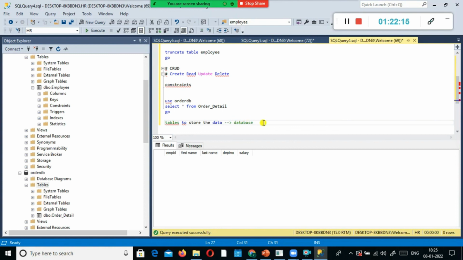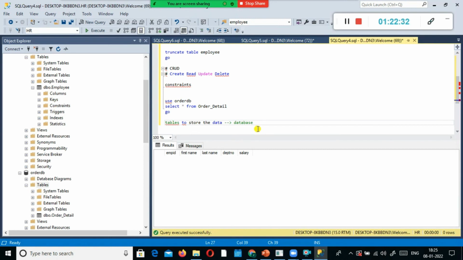Database is like a container, so we can store one or more tables. You can store different objects like tables, views, triggers, indexes. All these things you can store in a database.